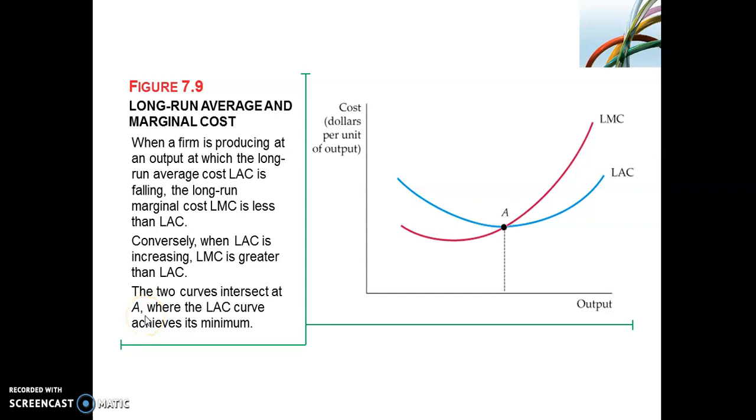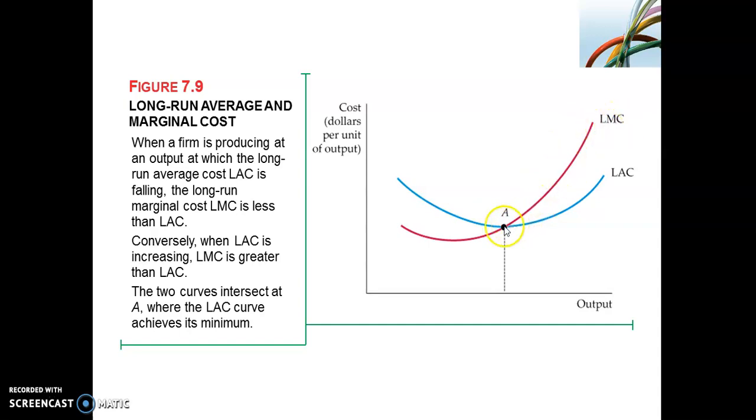We are continuing part 4 on slide 30 with figure 7.9, and it deals with the long run average and marginal cost curves. If you have a look at these two curves, on our vertical axis we've got the cost in dollars per unit of output, and on the horizontal axis, you have output. The blue line represents your long run average cost curve, and the magenta line represents your long run marginal